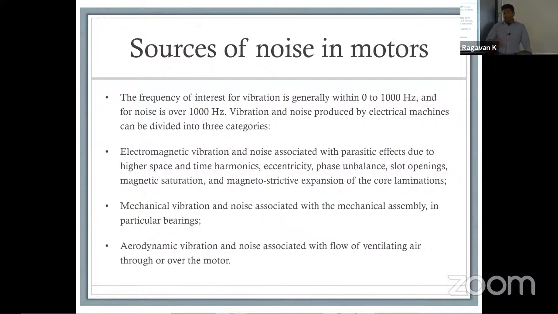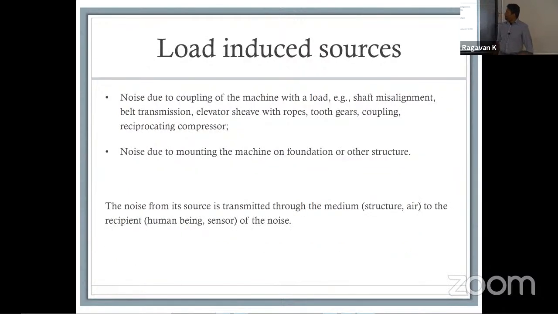It can be something like a swoosh or almost close to a whistle, as you might hear. In some cases, vibration-induced noises can actually be loud enough to cause a very high frequency whine that can really catch you at the wrong frequency. So load-induced sources, there are a couple of points to consider here.